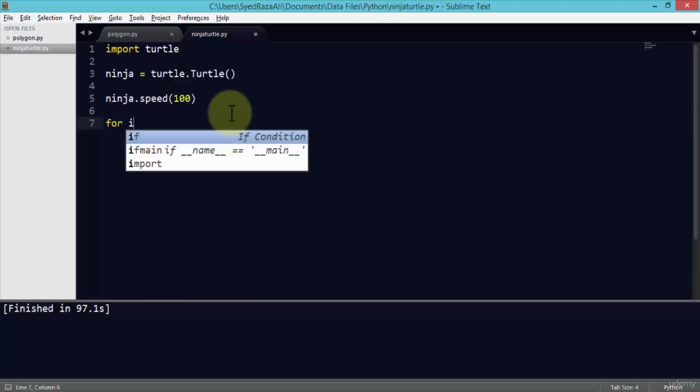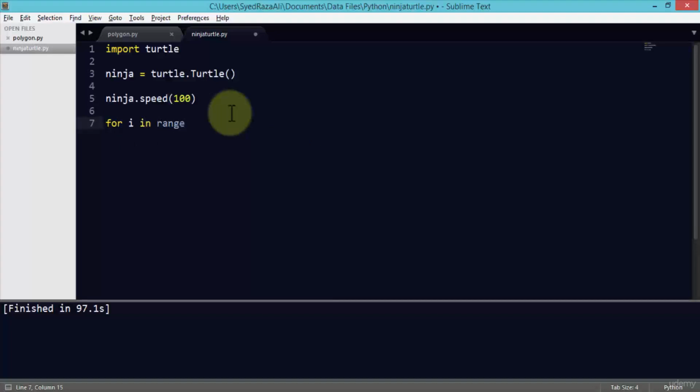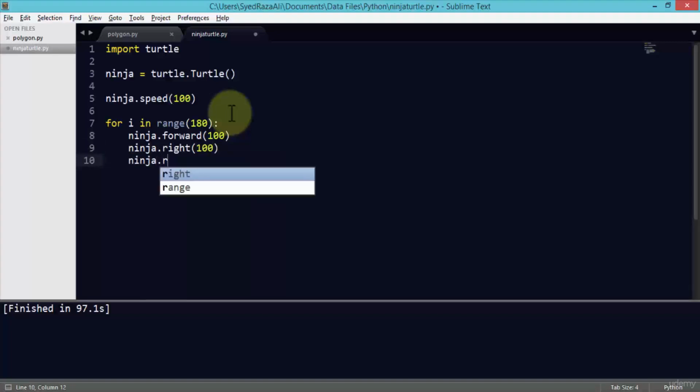Then my for loop, so for i in range 180. Here I'm going to just give my methods, or tell ninja to move forward, right, backward, left, wherever I wish to have the ninja move. So first I'm going to do the forward, I'm going to say 100. Then I'm going to say ninja.right. Just going to turn right 100, and then right again. And this time, let's say 30. Next would be